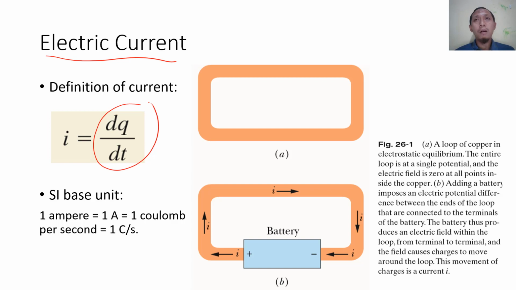So if we want to create the current, we have to move the charge, or the charge has to flow from one,